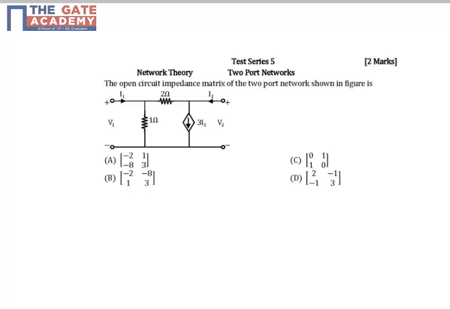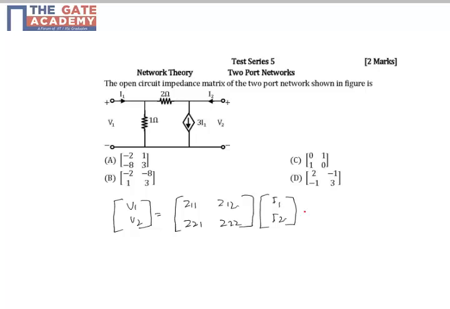In this question, we have to determine the impedance matrix of the two-port network. Now the Z parameters are defined as [V1, V2] equal to [Z11, Z12; Z21, Z22] times [I1, I2]. Now first we will determine Z11 and Z21 because